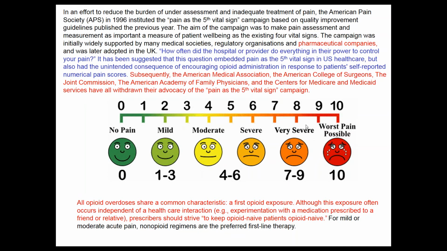Because basically what happens here is the patients always say either this or this, and when they do, they're treated with pain medicines. And the pain medicines that are given for this level of pain are commonly opioids, currently most